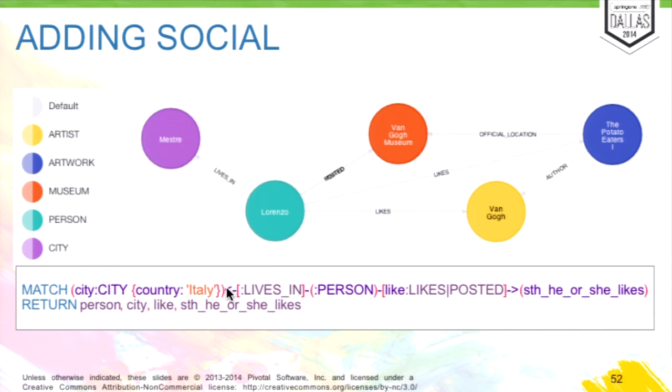So in general, this shows us really easily how you can merge a lot of different domains in the same graph. So you have one core domain, which is the artist and his life. But then you add additional domains like the paintings and the museums, which also have geospatial information like the cities as well. Then you can add social. And if you take this idea and put it onto any other domain, for instance a retail domain, then suddenly you don't have just products and product catalogs, but you have your users that bought products. So you have buying history, reviews, ratings, things like that. You have, for instance, information about where certain products were used. So you can actually combine a lot of orthogonal domains in the same graph.